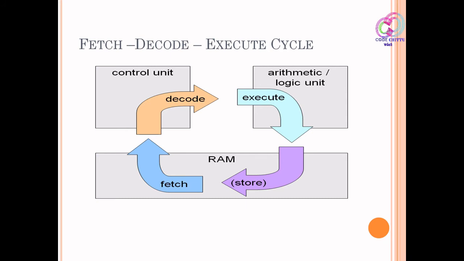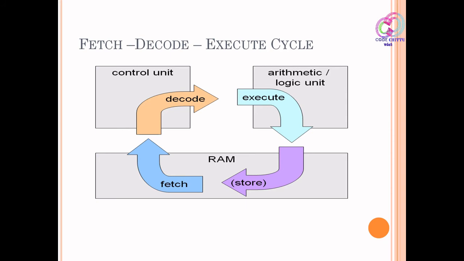And here, what are the units we saw? The full processor, right? Control unit, arithmetic logic unit, and memory unit, everything we saw. And RAM is there, so you can remember that diagram also. Here you can see the fetch from RAM. First, the program is loaded from the hard disk into the RAM. That is the first thing, right? The program is loaded into the RAM.